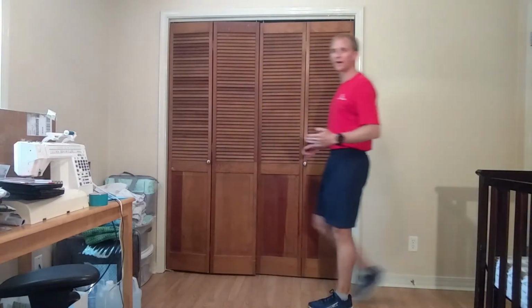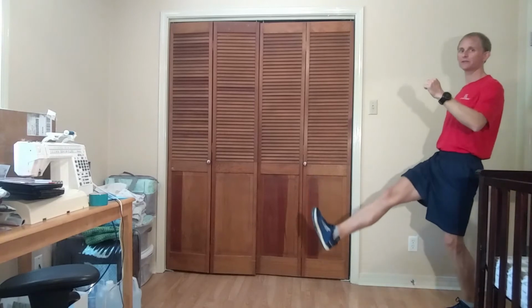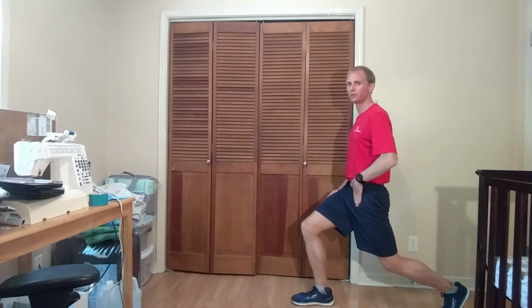And so, just like a normal lunge, we want to keep our hips and our knees square, coming up and down, like so, right? But we're going to be traveling forward, and so from the side, it'll look like this. We're going to bring that knee all the way up. We're going to extend the leg out in front of us, and then we're going to lower ourselves onto it, and then down. Just deep enough to get a little bit of stretch here on the front of our hip,